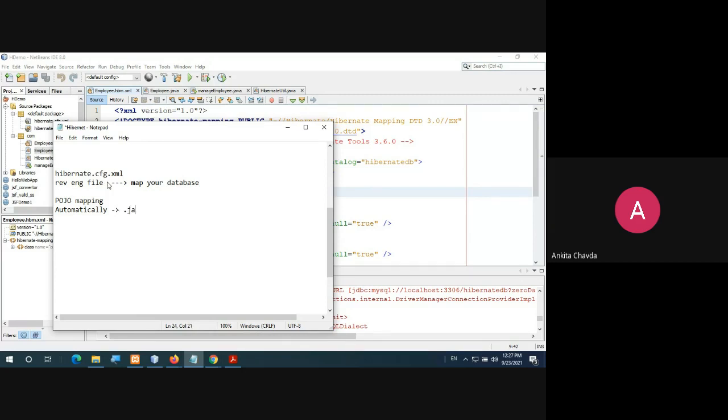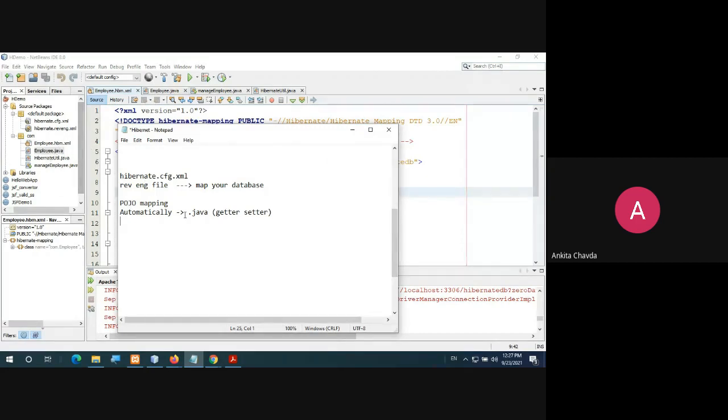One is your .java file where the getter and setter methods will be, and another file will be created, that is which file? The .hbm.xml file, right? There you have mapped all the IDs and properties, and that will be created automatically. Whatever your class name is, that .hbm.xml file will be created, which will have the ID and properties.